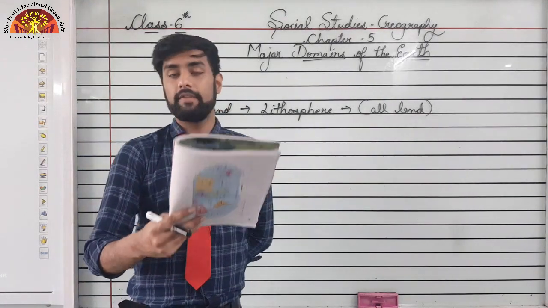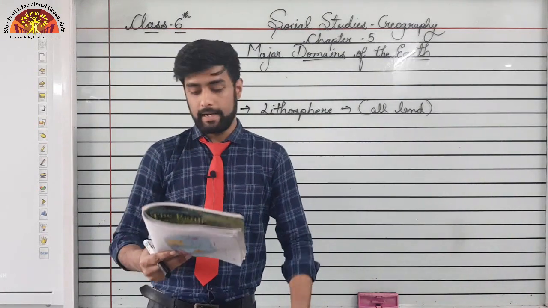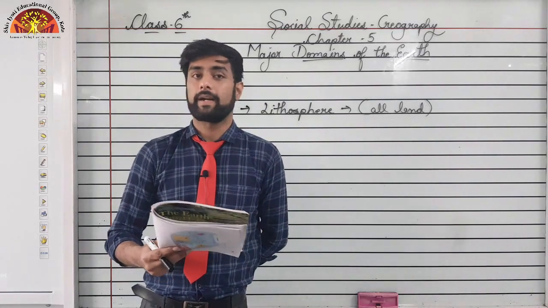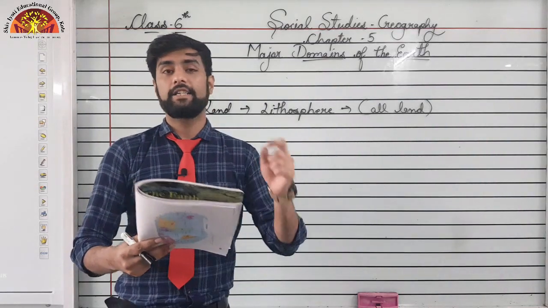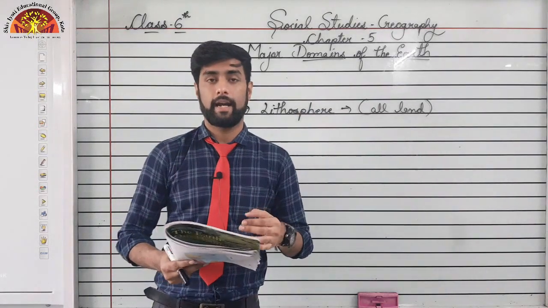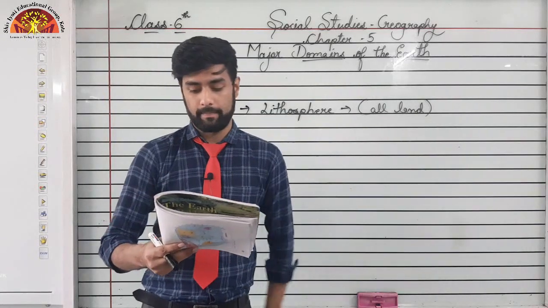Now there are two main divisions of the earth's surface. Our surface of the earth is divided into two parts, right? The large land masses are known as the continents. What are continents? Underline this. The large land masses means the big areas of land on which we live, right? Continents, you all know the names, Asia, Africa, and so on.